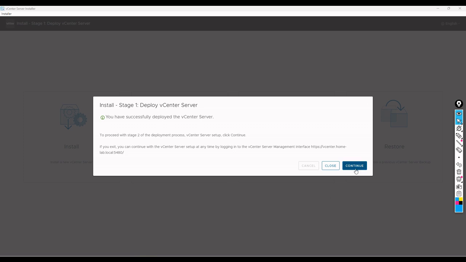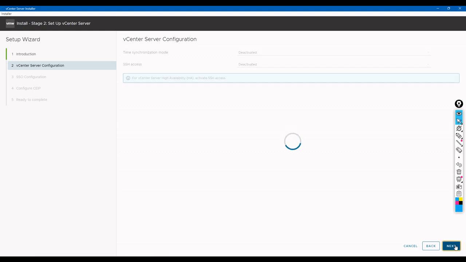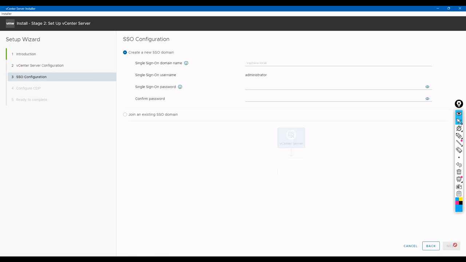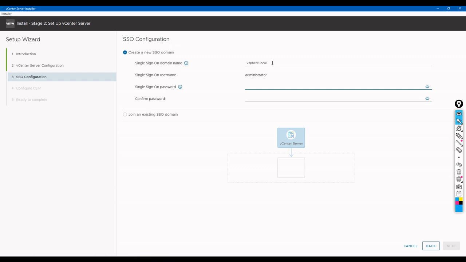Now I am doing stage two. You can click continue, and this sets up vCenter. Click on next. This is the SSO domain. Why it is required, I am telling you. It is basically required for UI login purposes. UI login means, if you have any vCenter already,